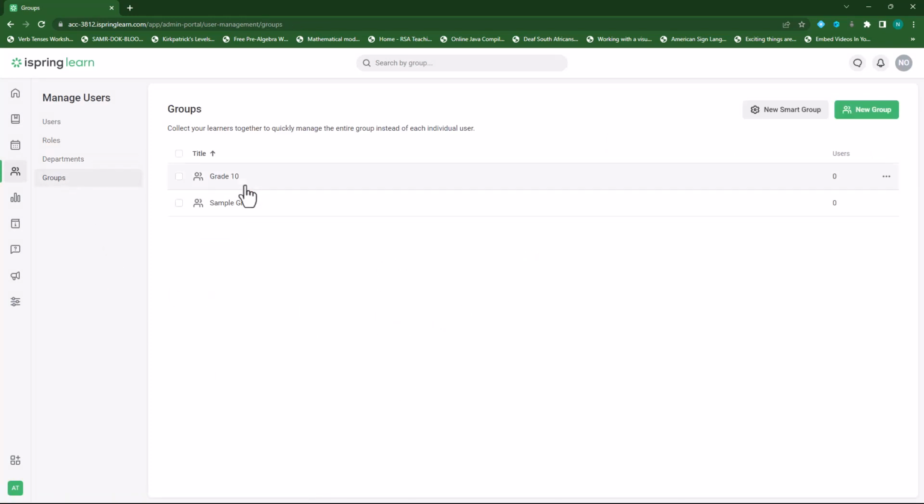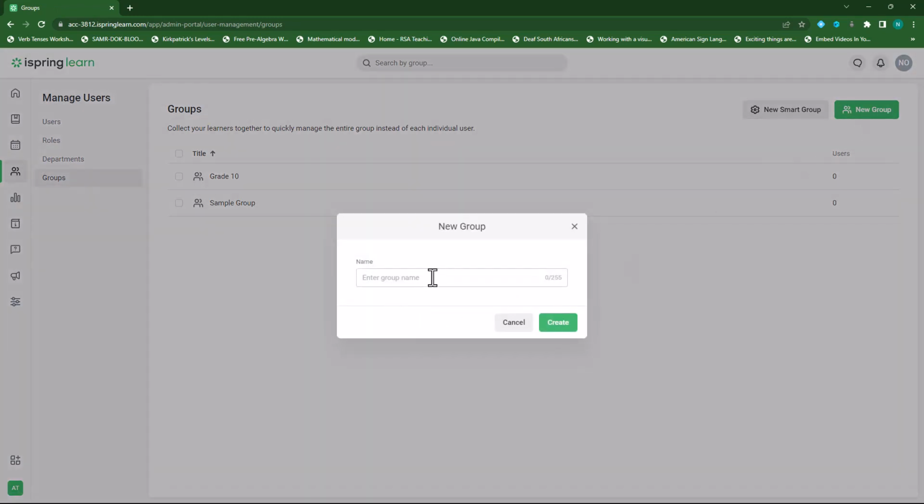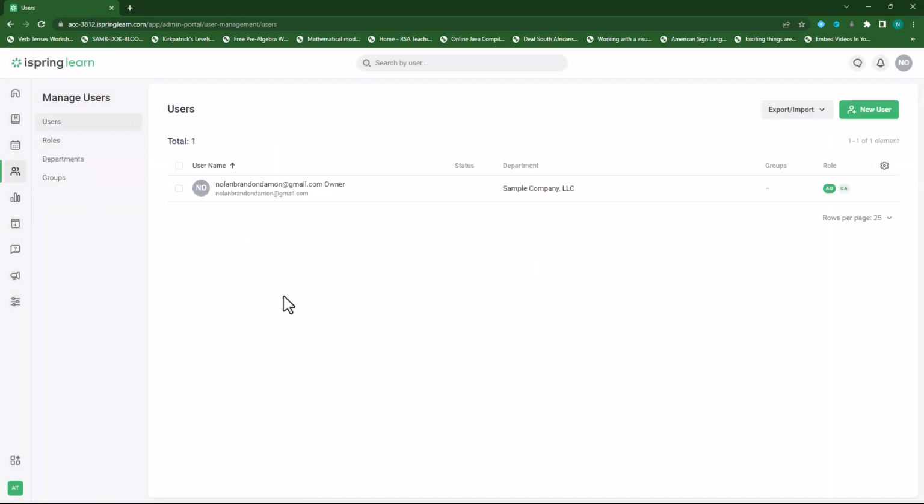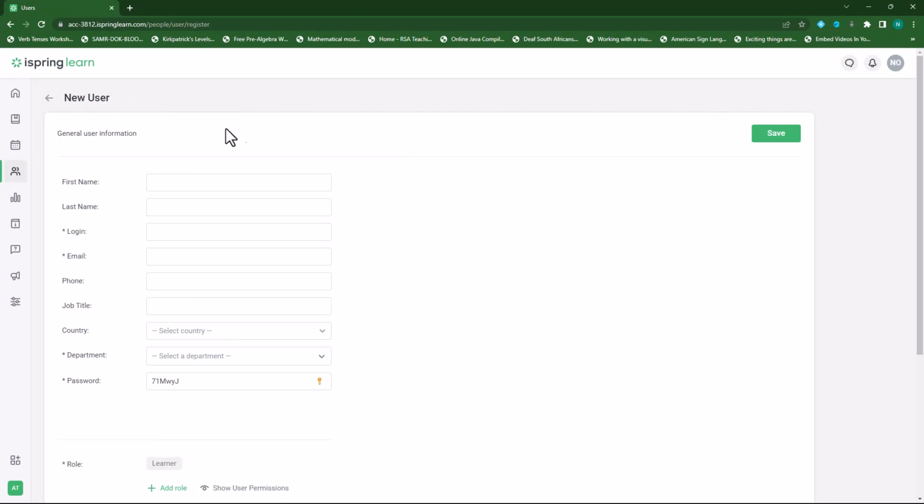Under groups, we can specify groups here by clicking on New Group and then specifying the new group's name. Let's add a new user by clicking on New User. In the general user information, we need to complete all these fields, especially the compulsory fields. So let's add in first name,